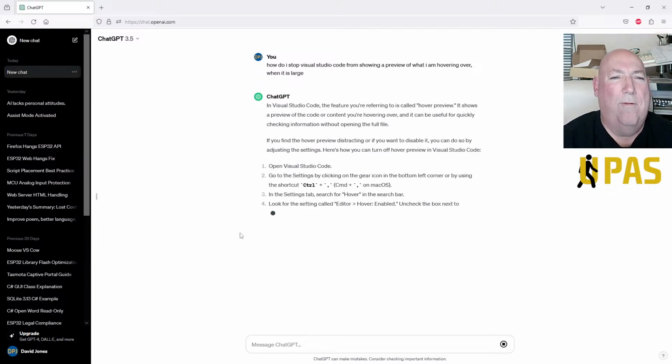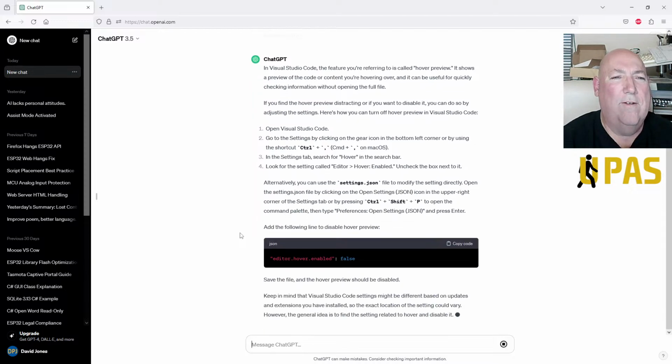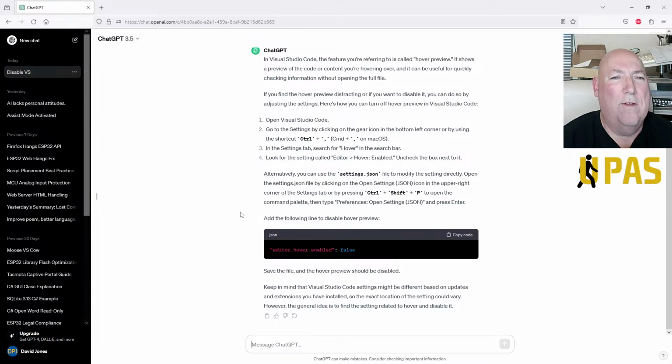It's called hover preview. It shows a preview of the code or content you're hovering over, and it can be useful for quickly checking information without opening the full file. If you find the hover preview distracting, you can disable it by adjusting the settings. Open Visual Studio Code, go to the settings, click on the gear icon at the bottom left corner.